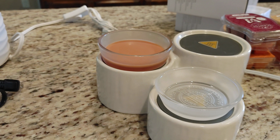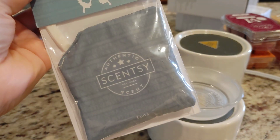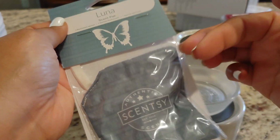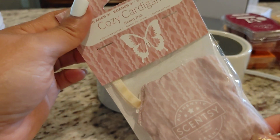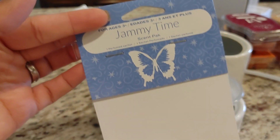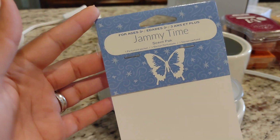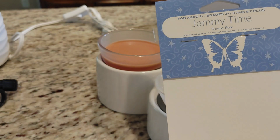So I got the scent packs in Luna, and they just look like this. It's literally just a squishy little pack, and I think there's scented beads in there. And then I got Cozy Cardigan. And then I also got Jammy Time, which I've already taken out of its packaging because it is in my son's closet. So apparently these are used in their Scentsy buddies, which I'm going to be perfectly honest,